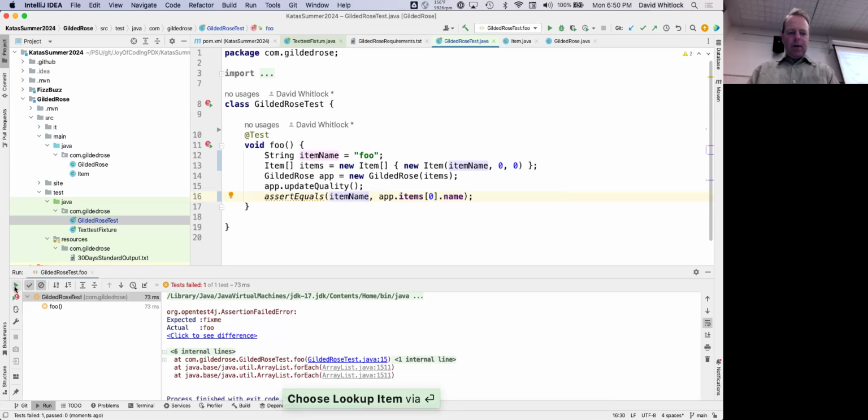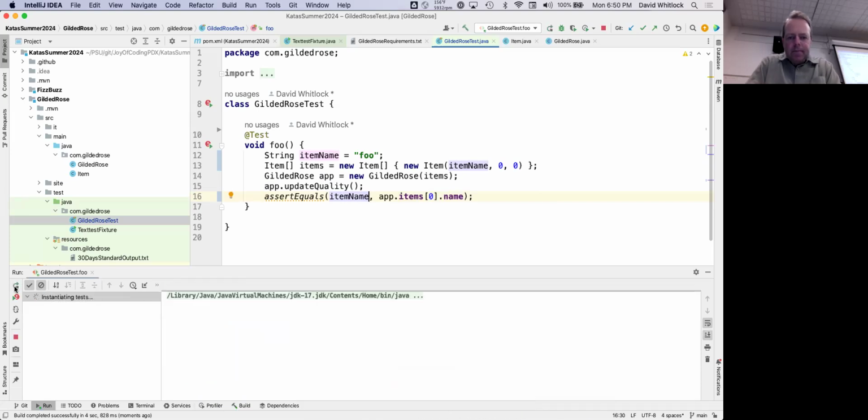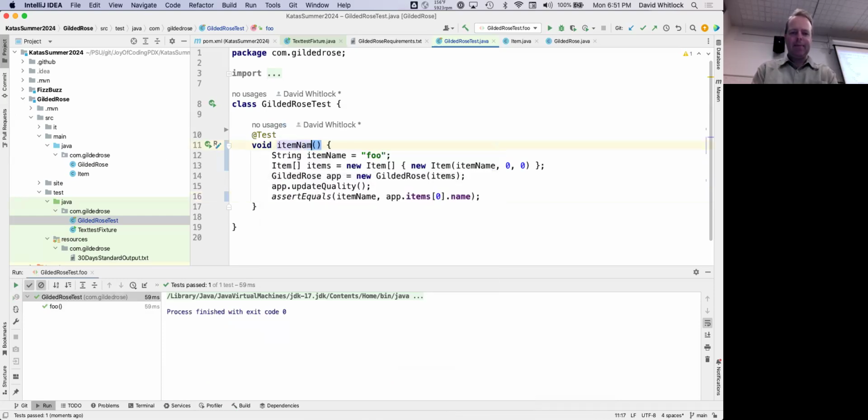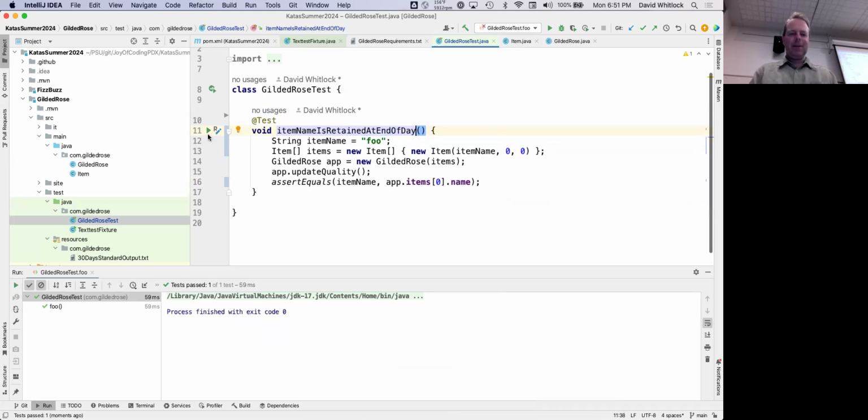Now I think that should work. Okay, good, this one's passing. I'm going to change its name: item name is retained at end of day. It's a super dumb test if you ask me. It doesn't really test anything in terms of logic, but let's just make sure that it still works.